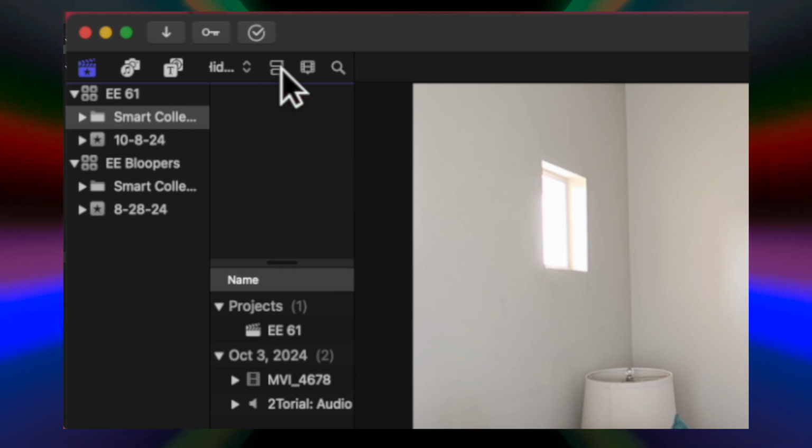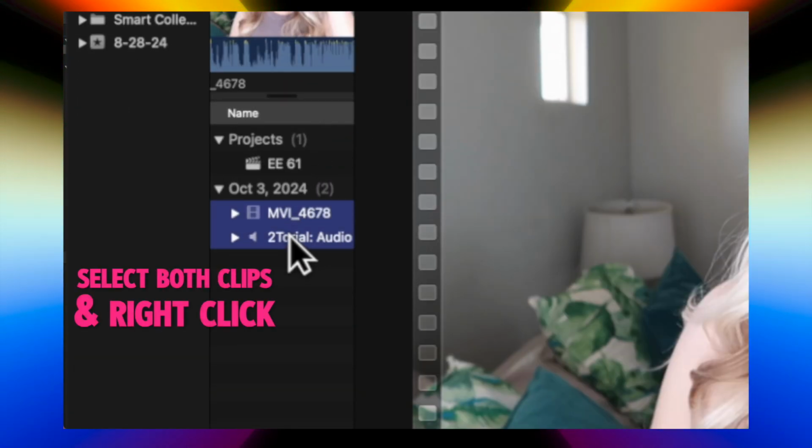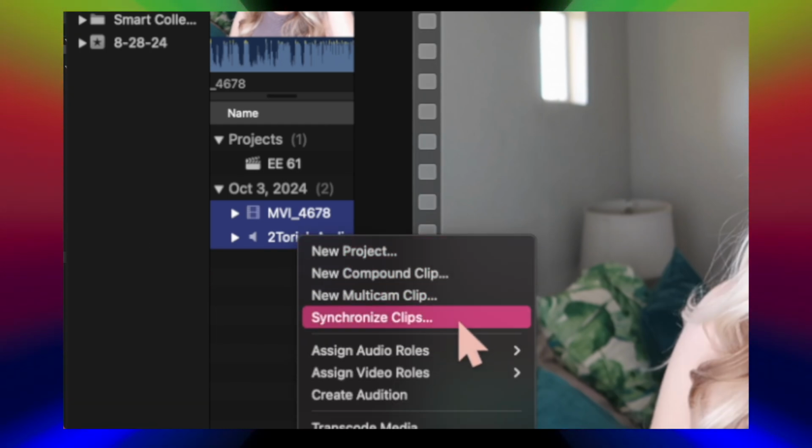First, in Final Cut, you want to go to the upper left hand and toggle to list mode so you can select the 2 clips that you want to synchronize. So we'll select the 2 clips we want to synchronize, our audio and our video, right click, and then press